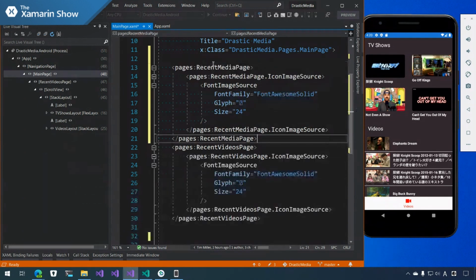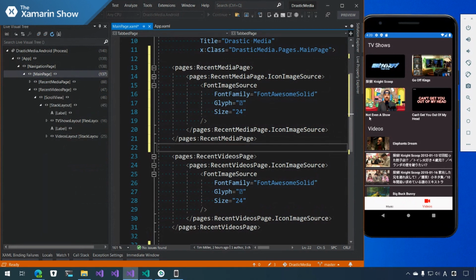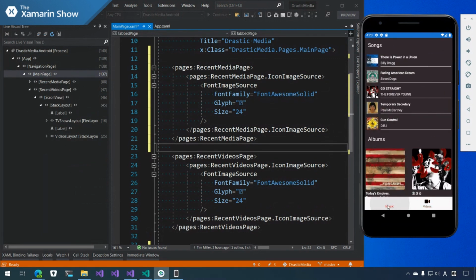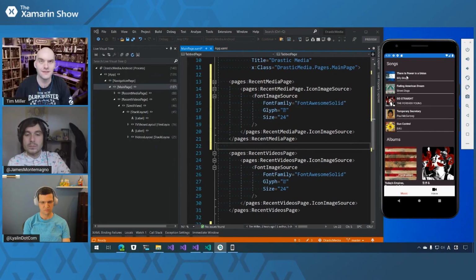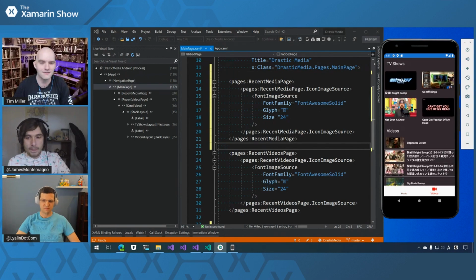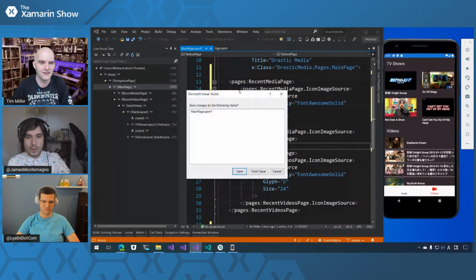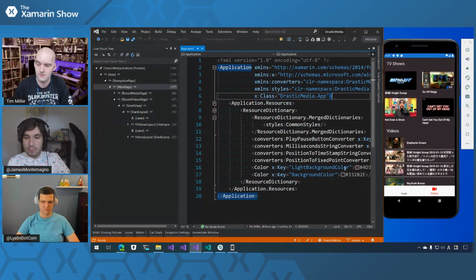I'm going to go back and click on recent page. Oh, there we go. We lost the font icon, but that's okay. There we go, we have the page. So you can at least play around with the UI. Even if it's not perfect, you can still experiment and think, maybe it should be first. I don't know. Actually, I don't like that at all. I'm not going to save that. Let's see what happens there. Ah, there we go. It's back to the way it was.